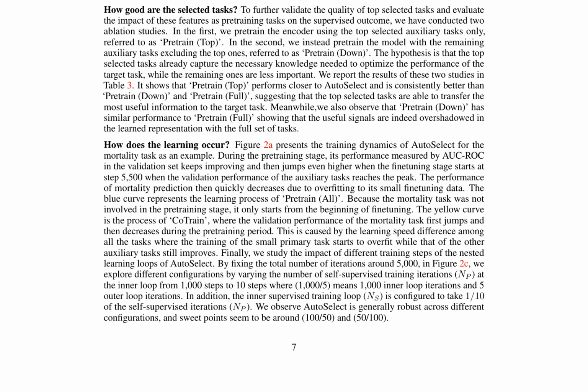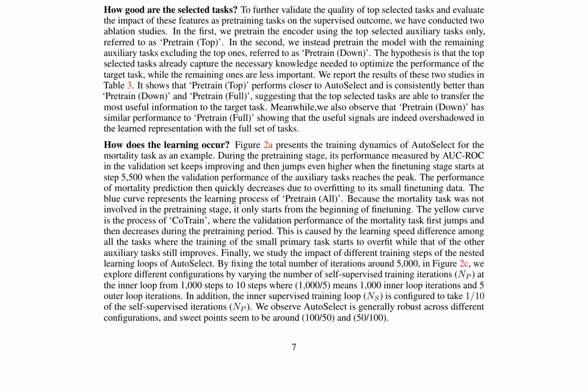An ablation study is conducted to analyze the impact of different training steps in AutoSelect's nested learning loops. Figure 2c explores various configurations by adjusting the number of self-supervised training iterations, NP, and the number of inter-supervised training loop iterations, NS. The findings suggest that AutoSelect is robust across different configurations, with optimal performance observed around 150 and 5100. These results highlight the efficacy of AutoSelect in selecting and weighting auxiliary tasks, leading to improved predictive performance in